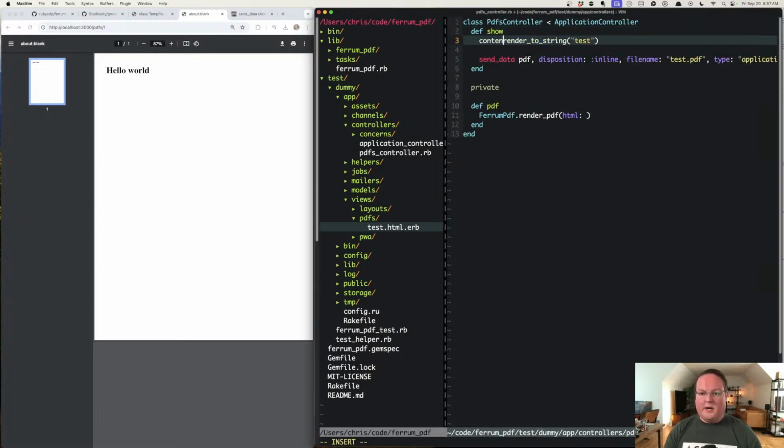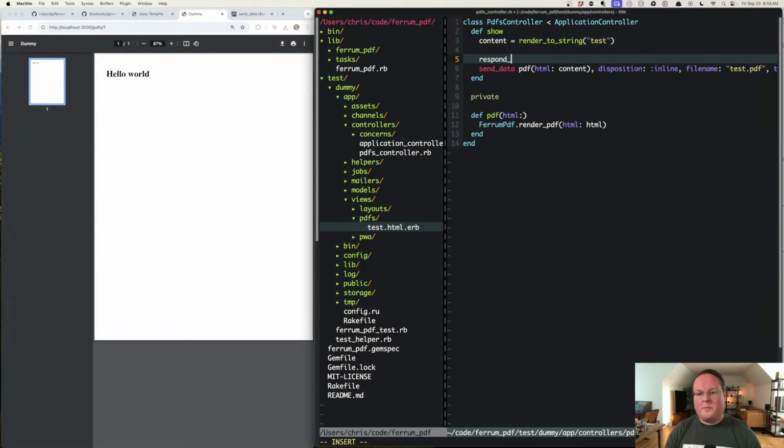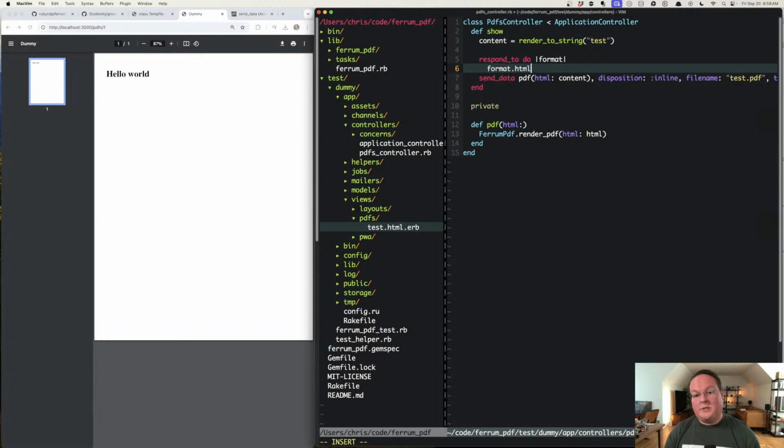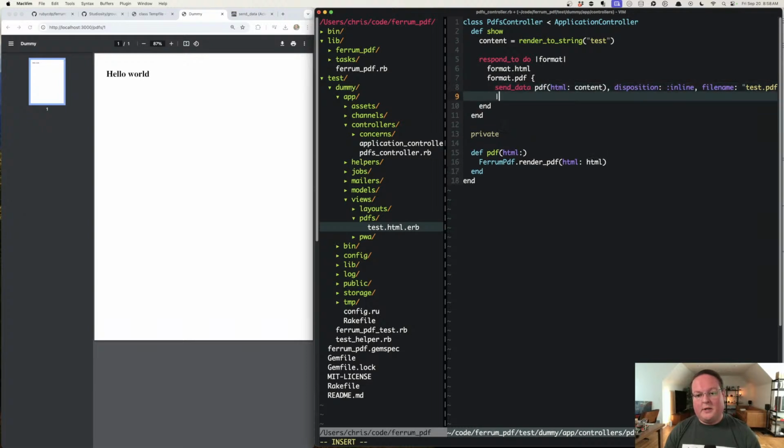Let's say this is our content, and then this becomes HTML content. And it still works. Then we can, what I was aiming for was respond to do format HTML and format PDF, which will then do the send data, which will make this a little bit easier to